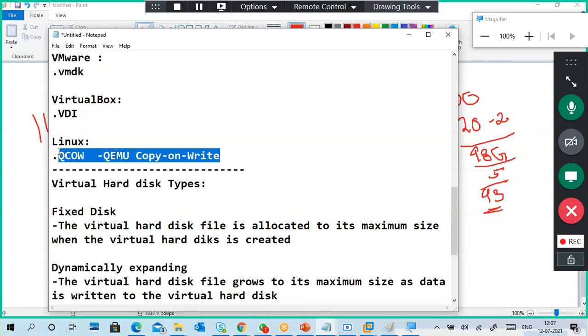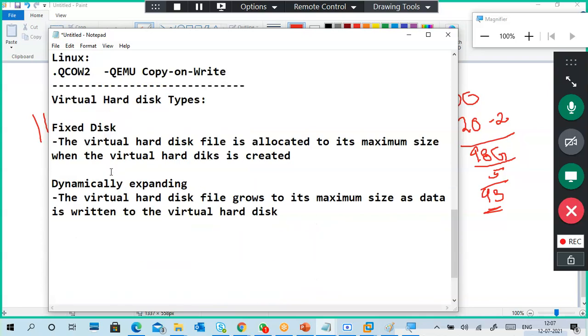And QEMU .qcow2 is a newer, next-level format, or you can use QCOW. These are Linux-based formats, and some are cloud related. Linux-based usually means KVM and QEMU.